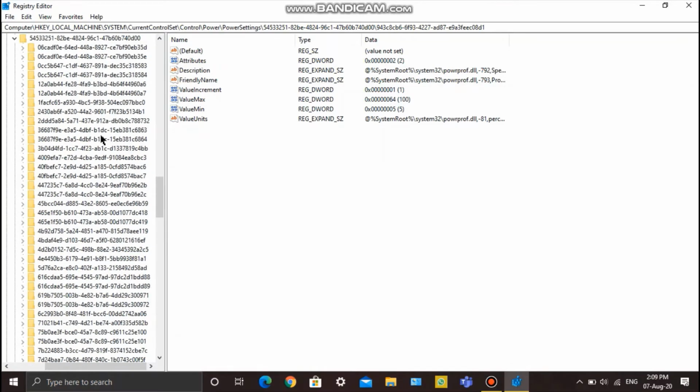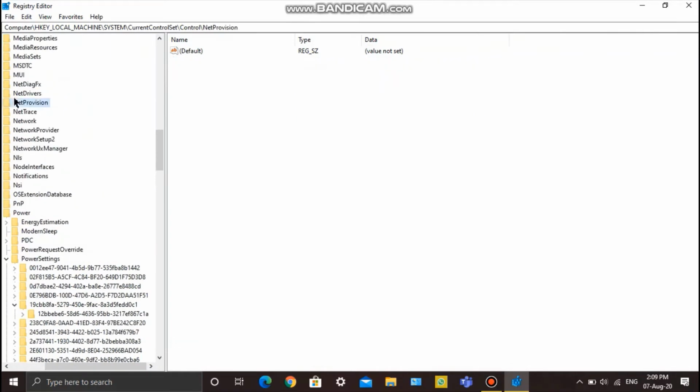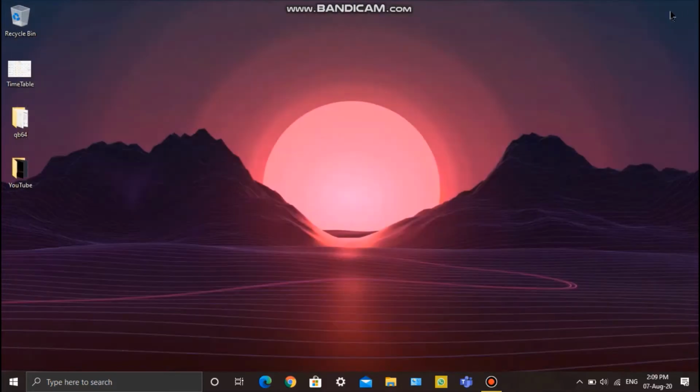So this is from my experience. There are some files like this, and if you play around with this, like the value and all, if you change it, your PC or your system will be gone forever. So if you have a restore point, that will be really helpful for you. So let's see how to make it.